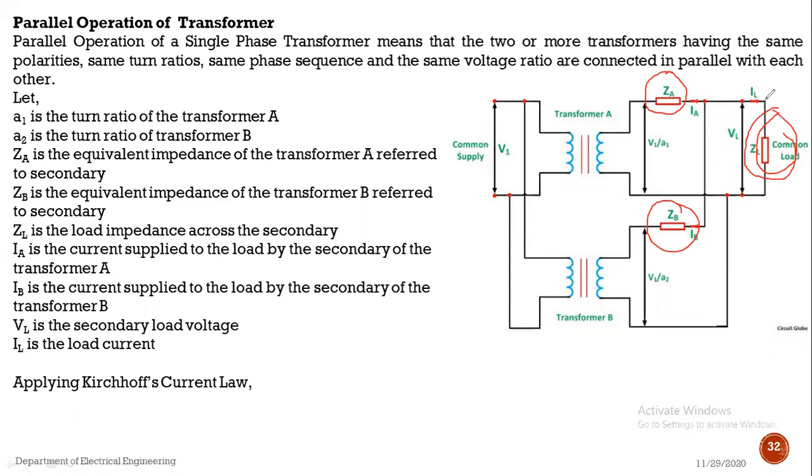They are connected to the common load. And VL is nothing but the load voltage. IL is nothing but the load current. The current supplied by transformer A to the load is IA, and the current supplied by transformer B is IB. IB is the current supplied by the second transformer. Okay, and the current supplied by each transformer depends upon the load. Okay, now